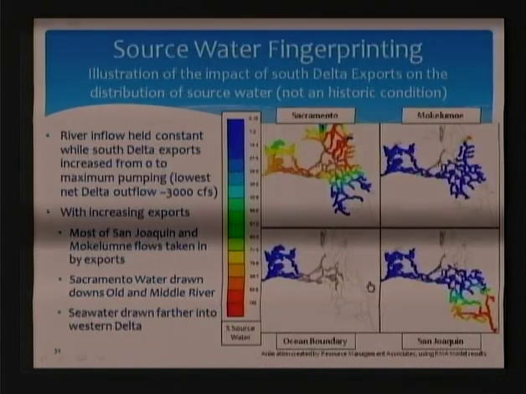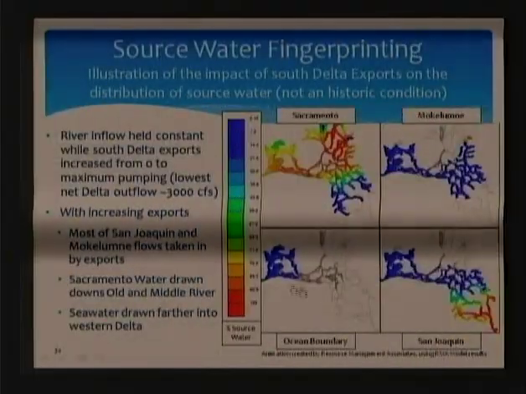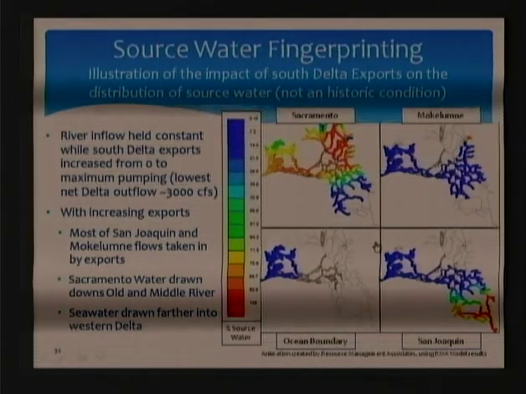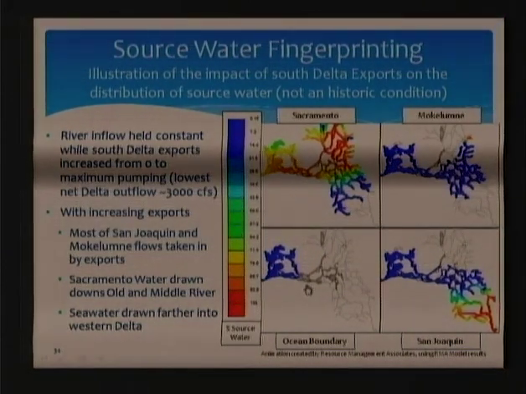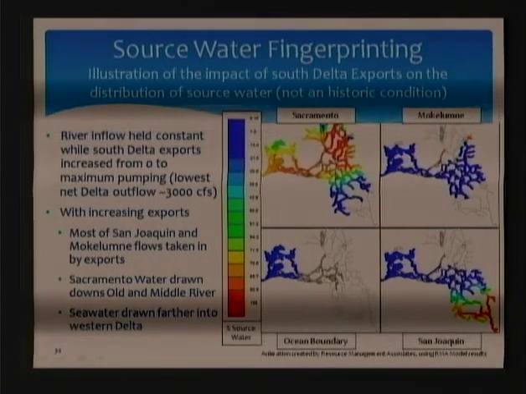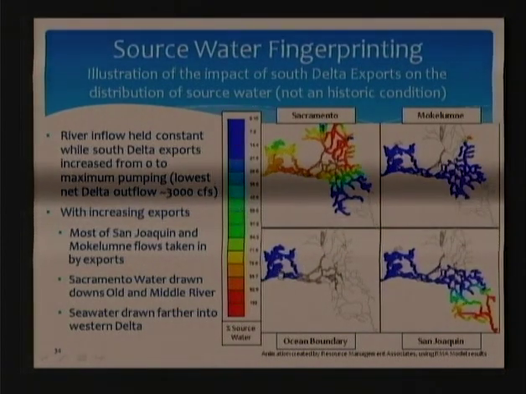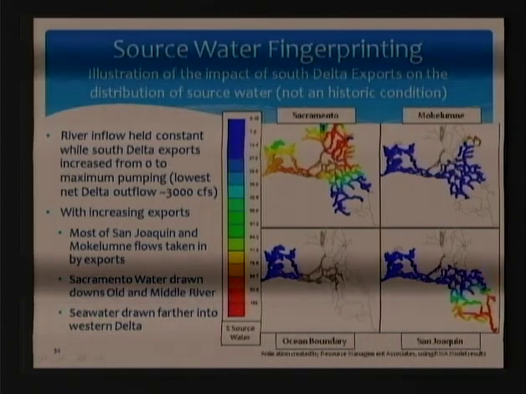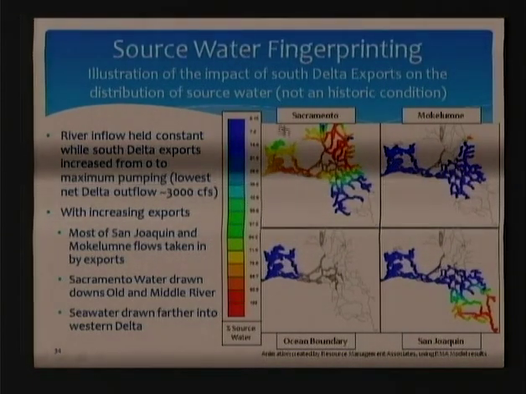Okay, all right. So this next picture is not a historic condition. This is an artificial test where we start with a system that had moderate river flows, and I just lock the river flows and go from 0 exports to maximum exports. Here's starting with 0 exports, and you see the Sacramento River coming and pouring out. Tidal mixing is bringing salt water into Suisun Bay. There's a small Mokelumne flow. It pours out and flows downstream. There's not a lot of Mokelumne water, so the general concentration of Mokelumne water is very low.